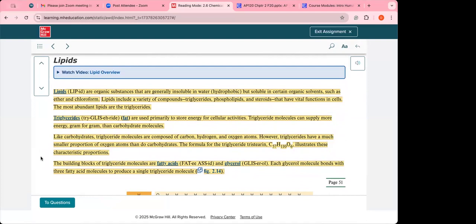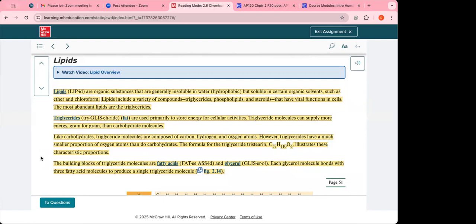The formula for the triglyceride tristearin, C57H110O6, illustrates the characteristic proportions. The building blocks of triglycerides are fatty acids and glycerol. Each glycerol bonds with 3 fatty acid molecules to form a single